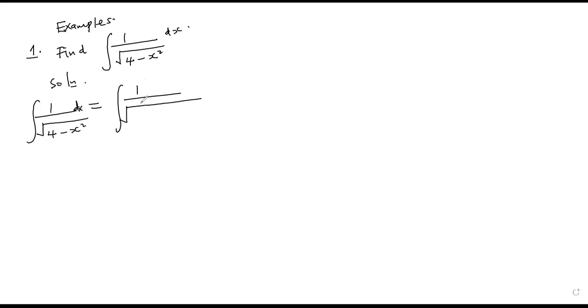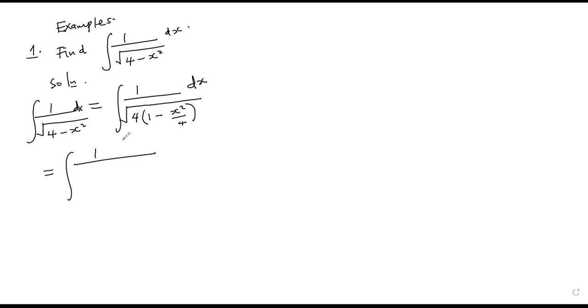We said that the first thing is to create a 1, so we shall factorize out this 4, so that here we have 1 minus x squared over 4, dx. And then the other part is to say that this is equal to the integral of 1 over